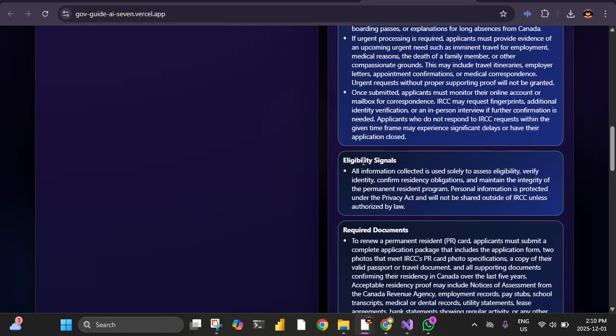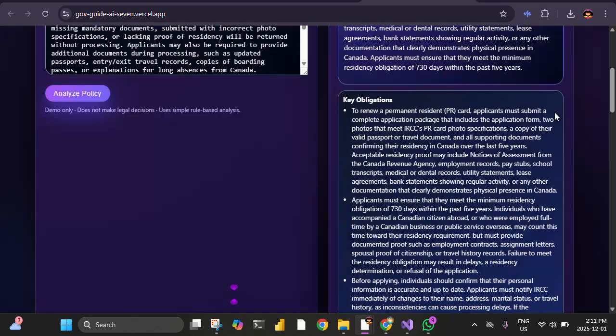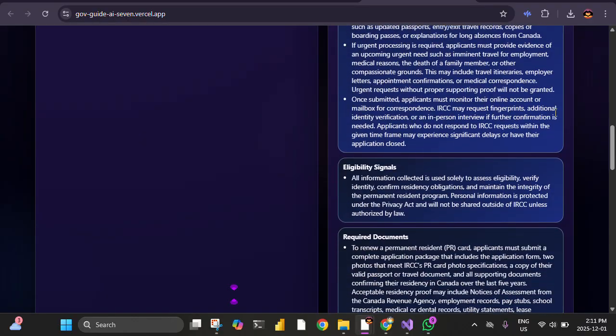So the key obligations: GovGuide AI identifies requirements like meeting the 730-day residency obligation, signing the declaration, reporting changes to personal info, and responding to IRCC requests. The eligibility indicators include physical presence requirements, exceptions for accompanying Canadian citizens abroad, and criteria for urgent processing. And the tool detects required documents, which include passport copies, proof of residence, employment records, etc., and documents